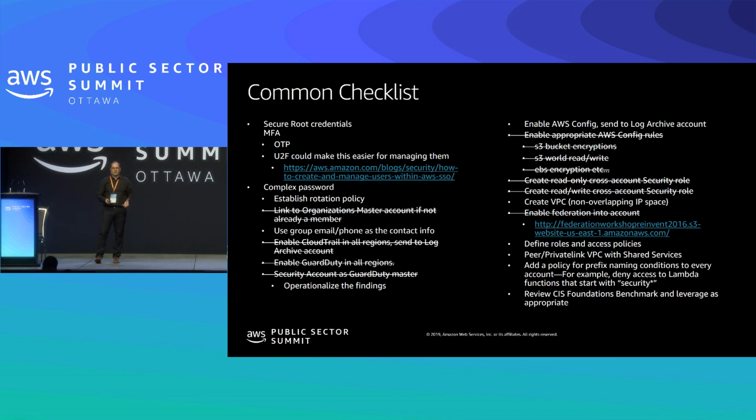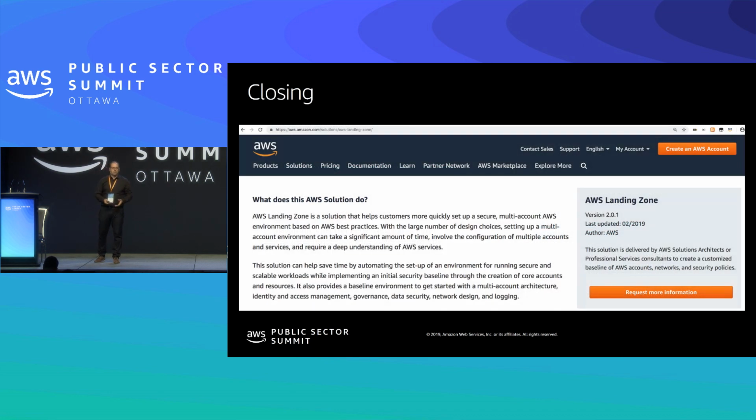So how do I get that AWS Landing Zone? What are my next steps? Well, on our website, you can navigate to the landing zone page, do a search for it, where you can get information. And as James mentioned, we're on version 2.0.1. I don't believe there's a later one that's been deployed yet. And you get the software solution that you can deploy into a new master account and have this up and running for you.